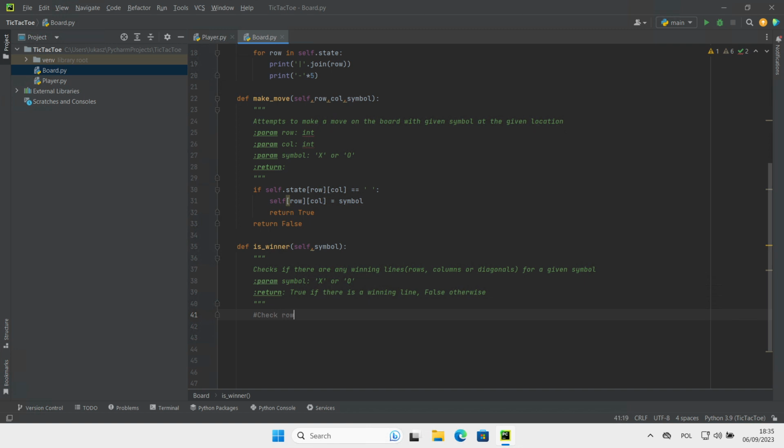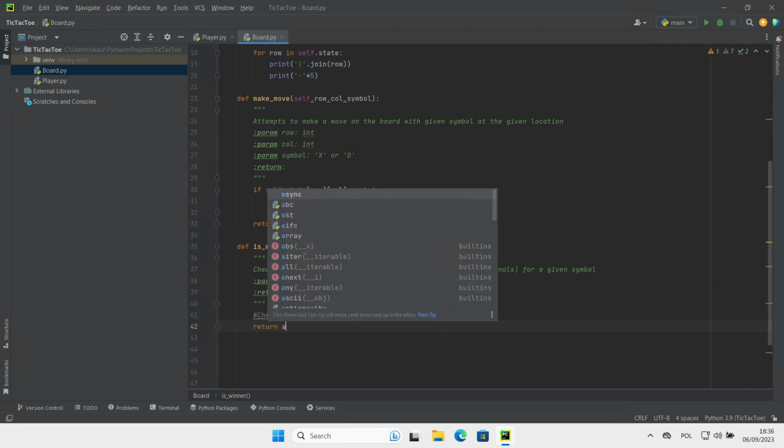Check rows, columns, as for a win. Return any